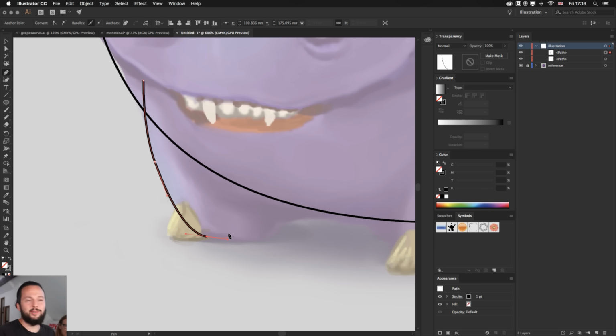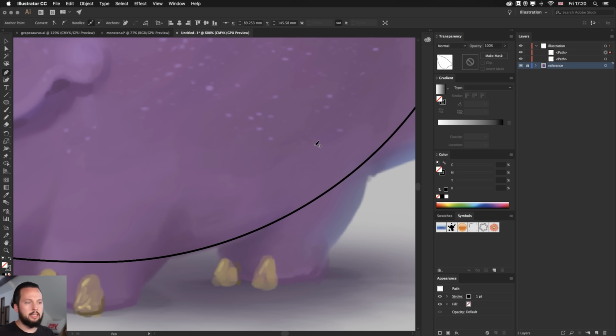If I start drawing that one, and by the way, if you ever feel like you don't see exactly what you need to draw, so your reference is not visible clearly, you can double click on the layer and just increase the dim image, or reduce it, sorry, no, actually increase, so not 30, in this case maybe 80%, so I can just have a look at it, and yeah, I can see now better what I need to draw.